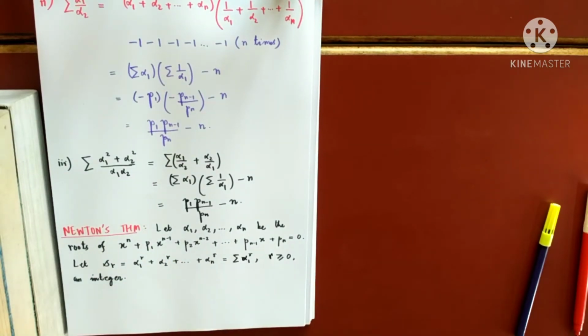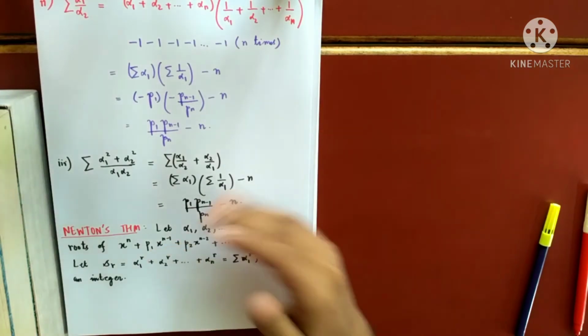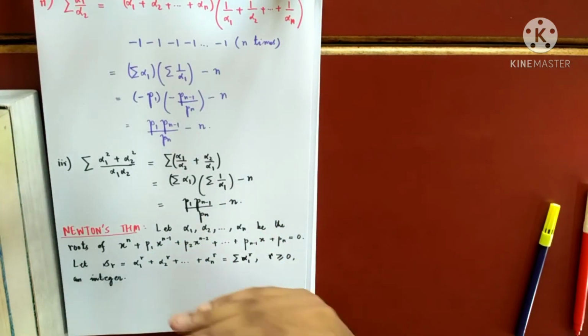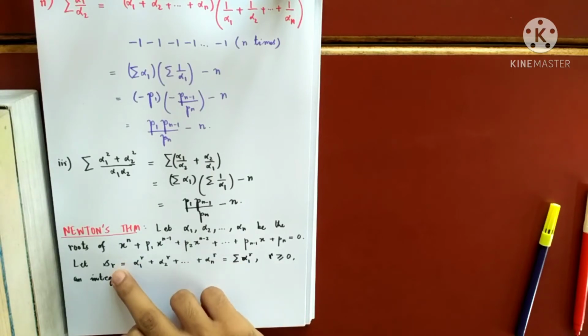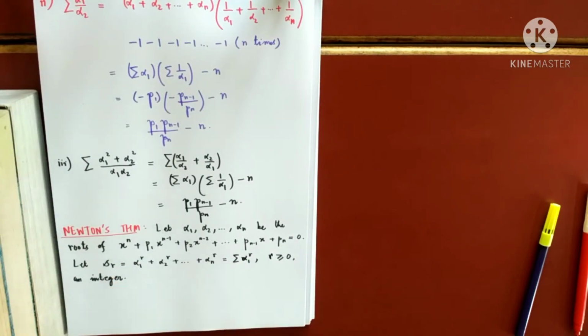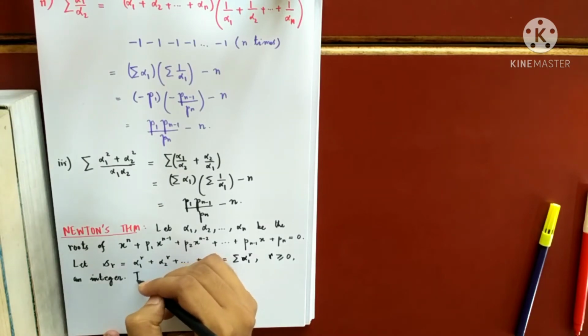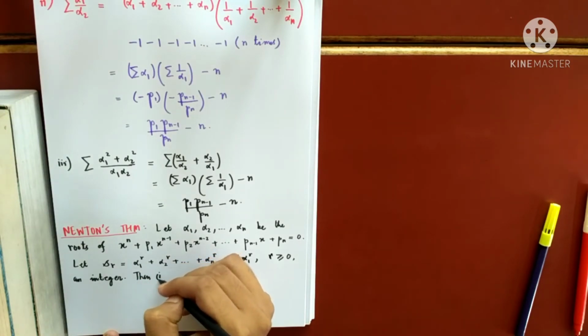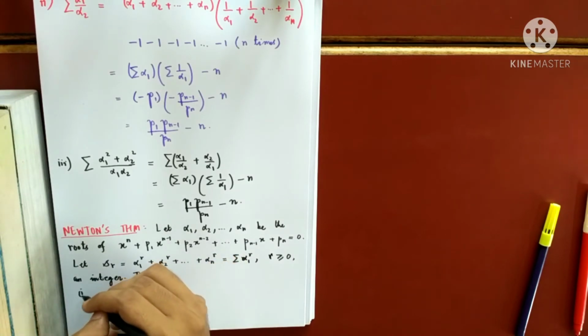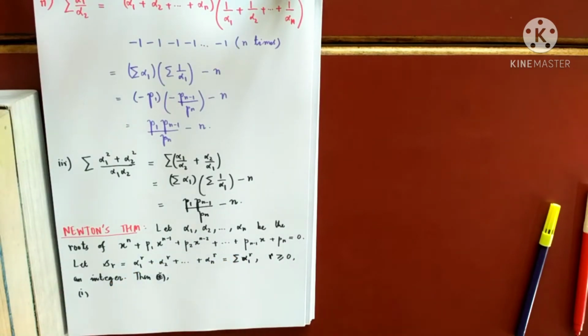So Newton's theorem will give us a way to determine this SR. This is exactly what Newton's theorem says. Now I'll give you a result that will show you how to find SR in an easy manner. Newton's theorem gave us these two things. Number one, I should write it below. Number one, this will happen. What will happen? I will tell you.